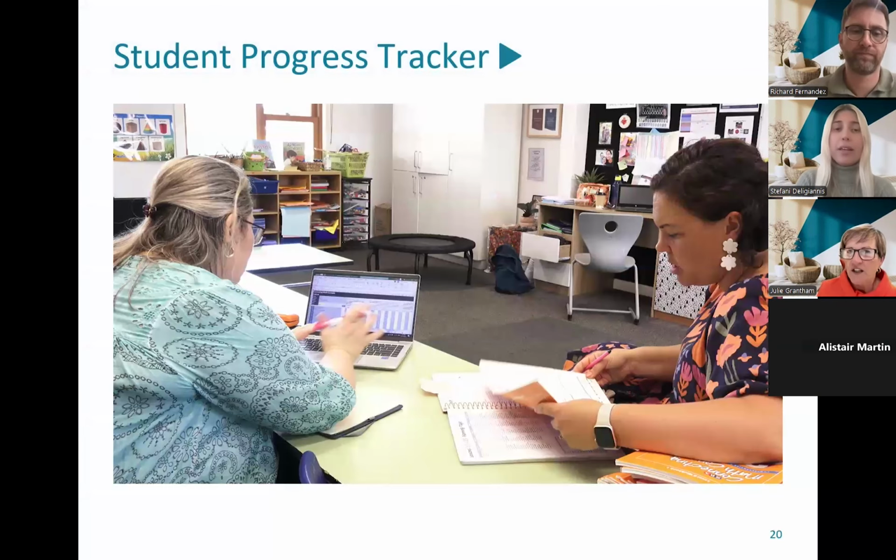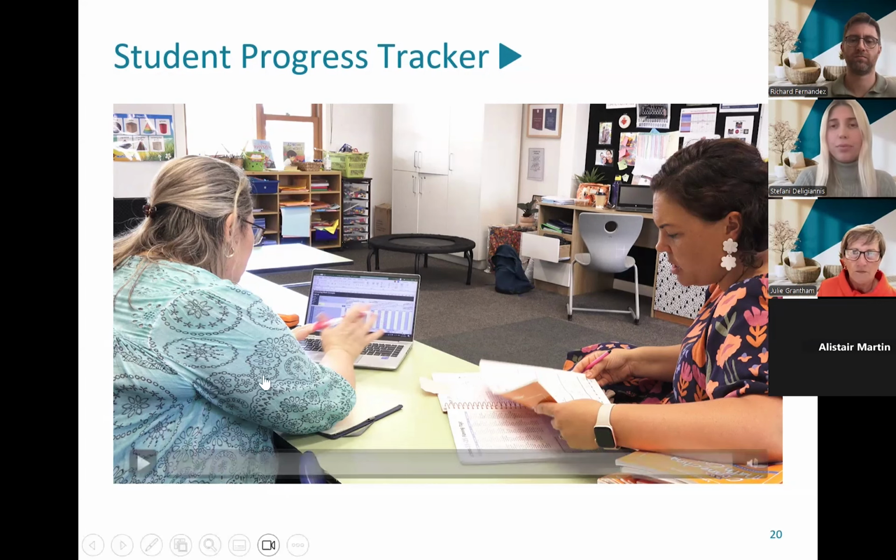I think one of the things that's really clear to me is this is not data for data's sake. This is data with a purpose that can translate into improved practice by teachers, but also improved outcomes for the students. 100%. And this is what we're going to look at now, a video of some of our partner schools discussing data and making decisions based on their student needs.